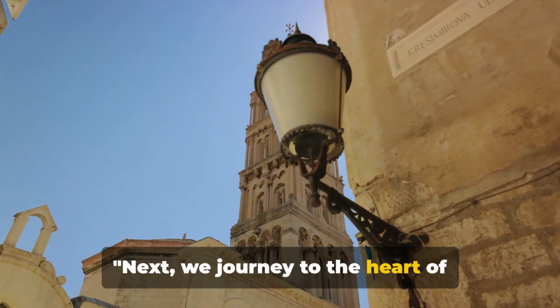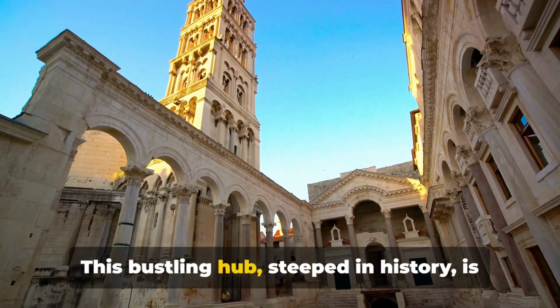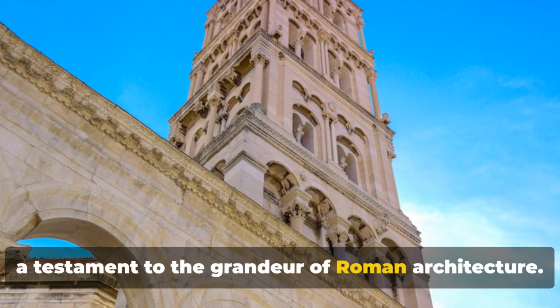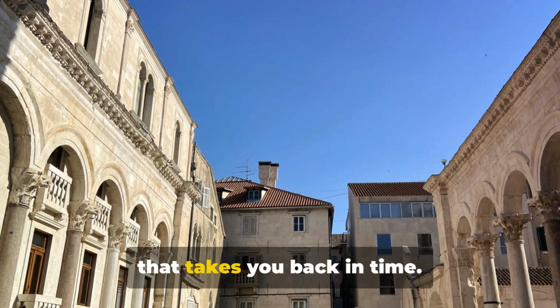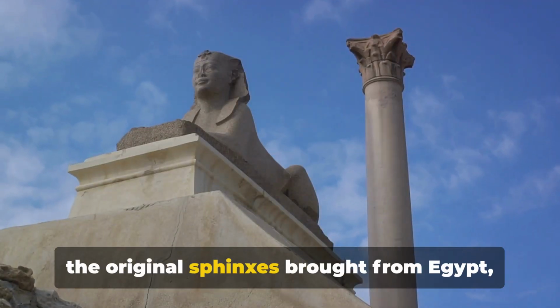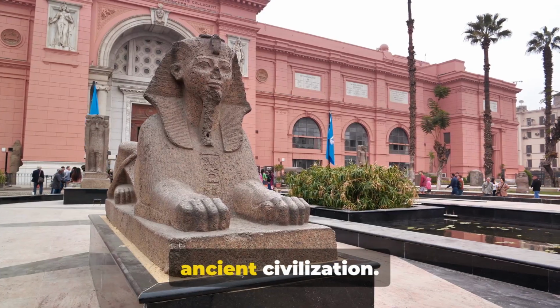Next, we journey to the heart of Diocletian's palace, the Peristyle Square. This bustling hub, steeped in history, is a testament to the grandeur of Roman architecture. The square, adorned with an array of Corinthian columns, is an open-air museum that takes you back in time. Surrounding these columns, you'll find the original sphinxes brought from Egypt, a nod to the emperor's fondness for the ancient